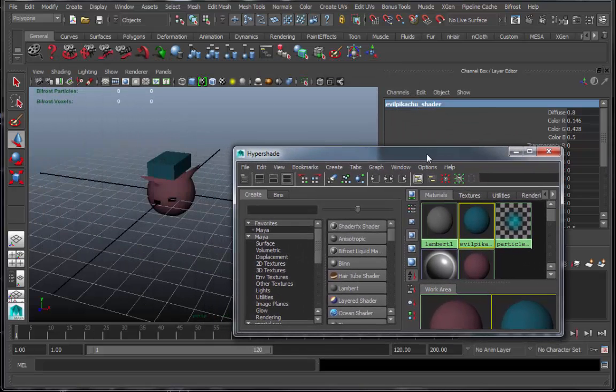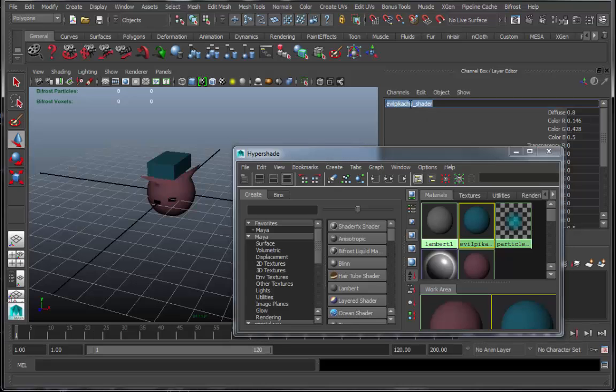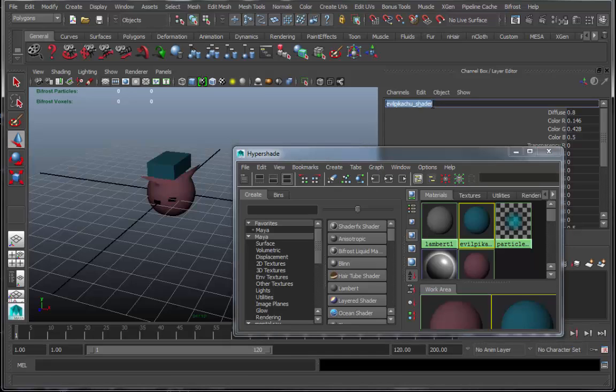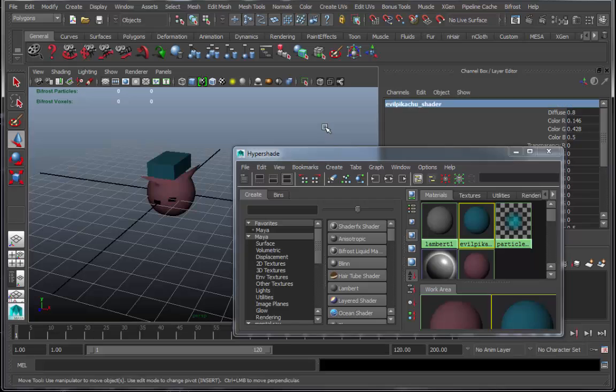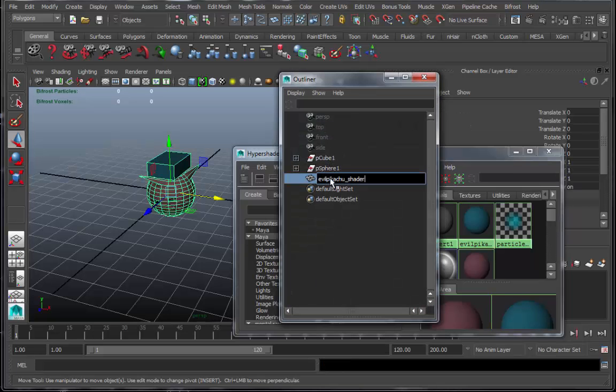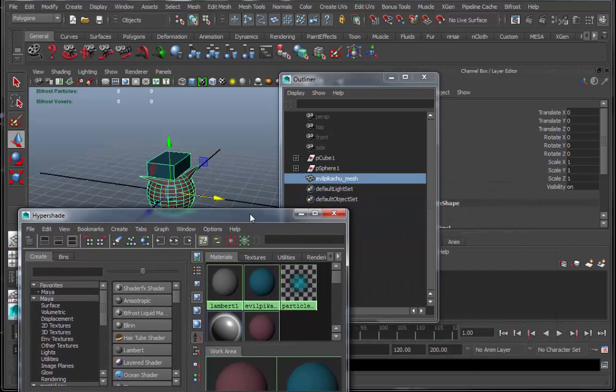Usually the naming convention is one of genus, species, phylum, but it really is up to you. As long as you then can take this same name, and I'm going to use the old trick of, in this shader selected, double click the name, then Control C for copy, and then I can come over here to the outliner and actually Control V paste, replacing the word shader with the word mesh. Now I've got a mesh and a shader that correspond,